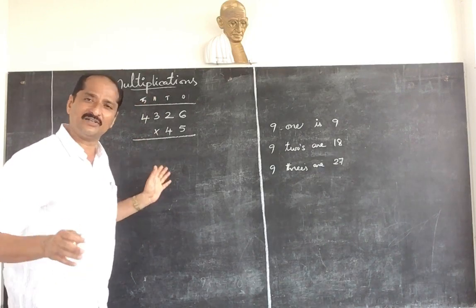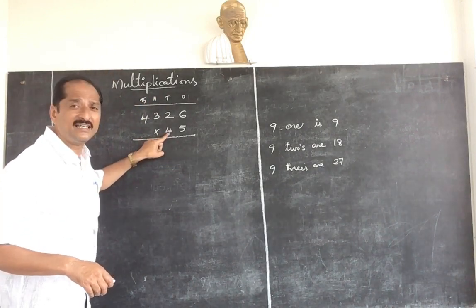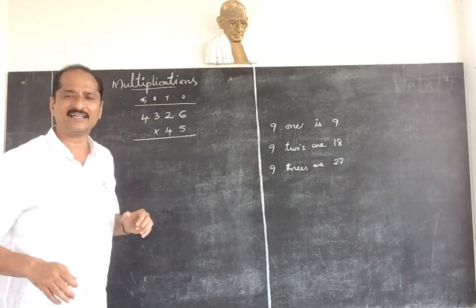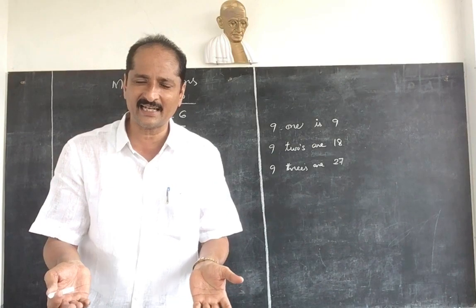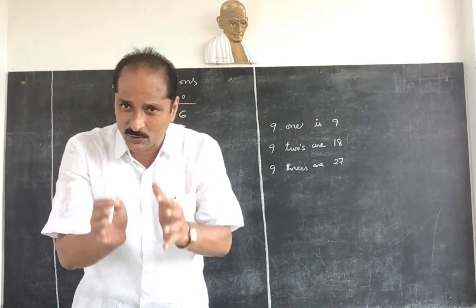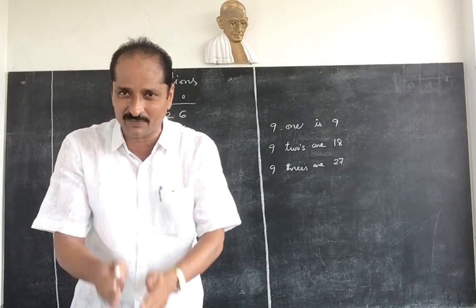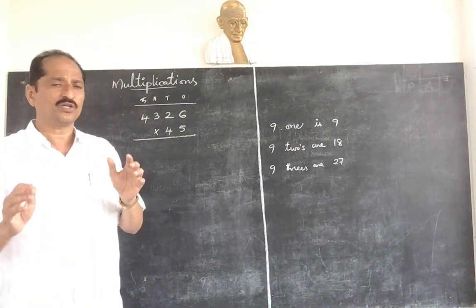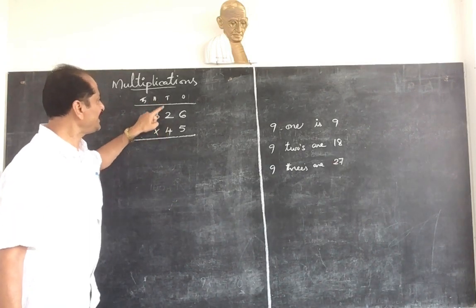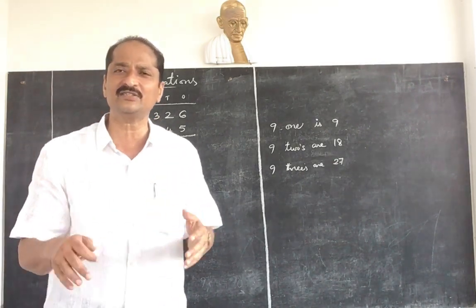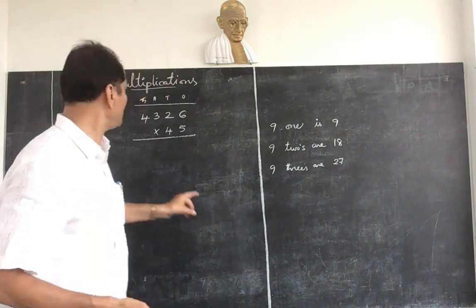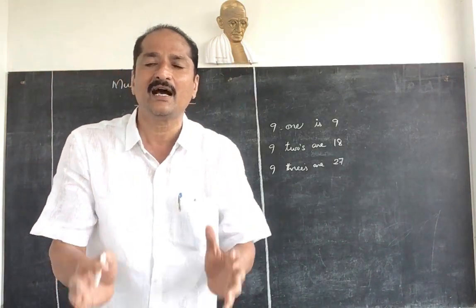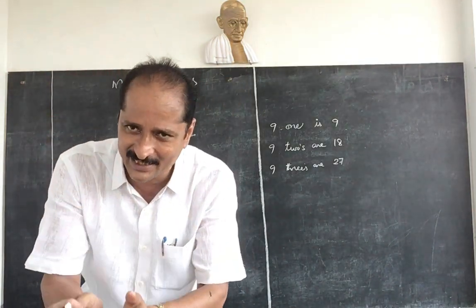So under hundreds place you have to write it down. Now 4 is in tens place, 3 is in hundreds place. 10 into 100. 10 hundreds are 1000. Now we are getting thousands. All thousands you have to write under thousands place only. Now 4 we should multiply with 1000. 4 is in tens place. 10 into 1000 gives 10,000. So whenever you are multiplying 4 with 4, you are getting 10,000s. All these 10,000s you should write under 10,000s place.